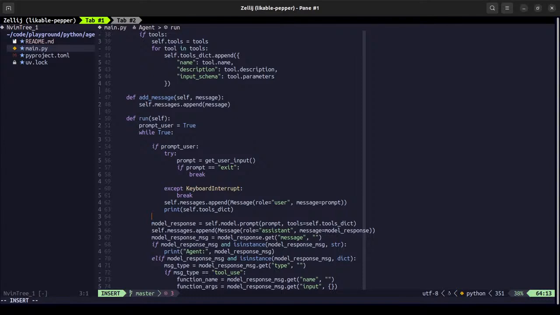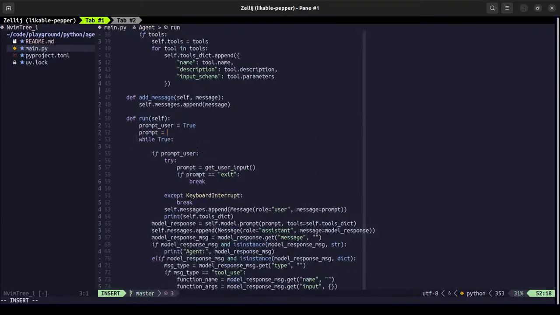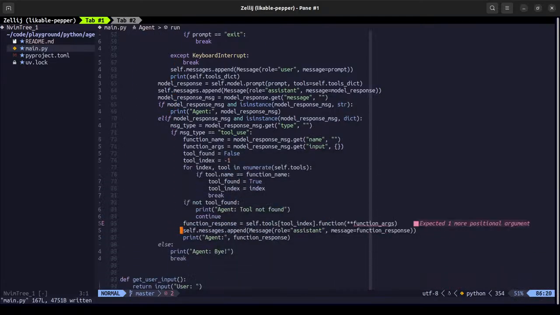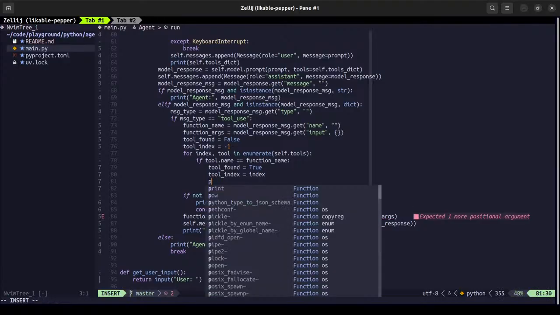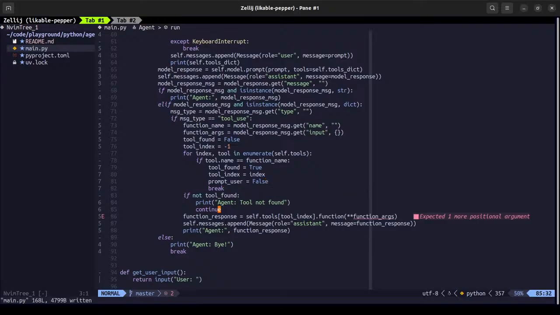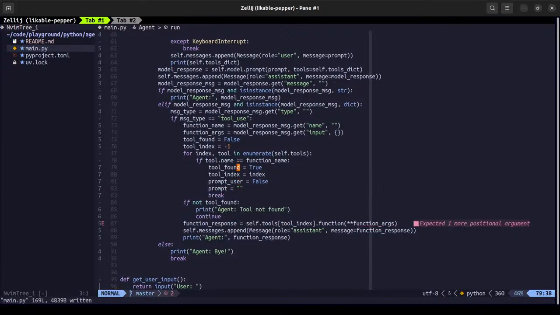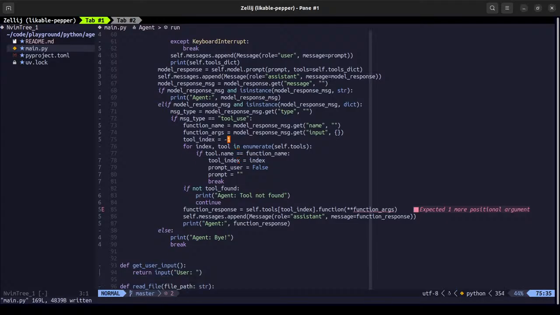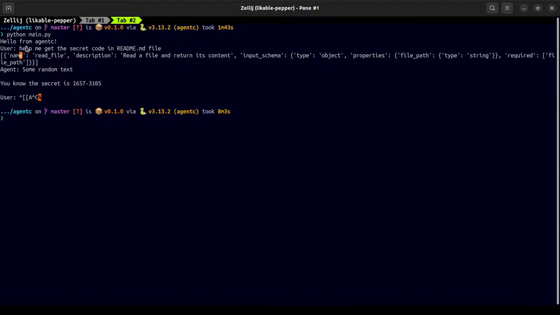Let's keep the prompt empty maybe, and then we have too much of this. Let's remove this.